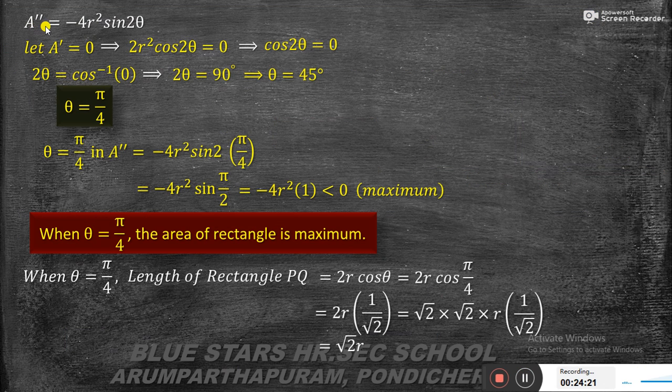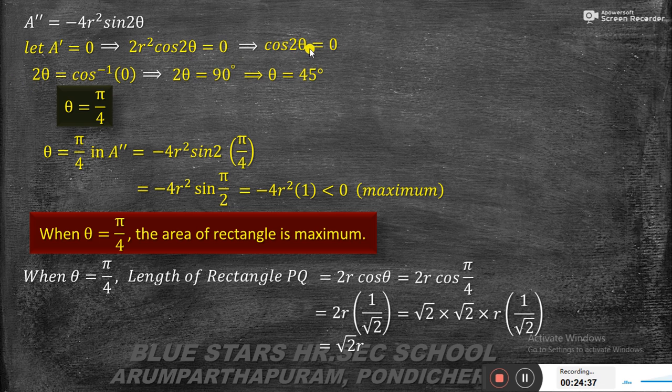So now A double dash equals minus 4r² sin 2θ. Already, I take A dash equal to 0. A dash equal to 0 means 2r² cos 2θ equals 0. Now the radius is not equal to 0, so cos 2θ equals 0. Therefore,